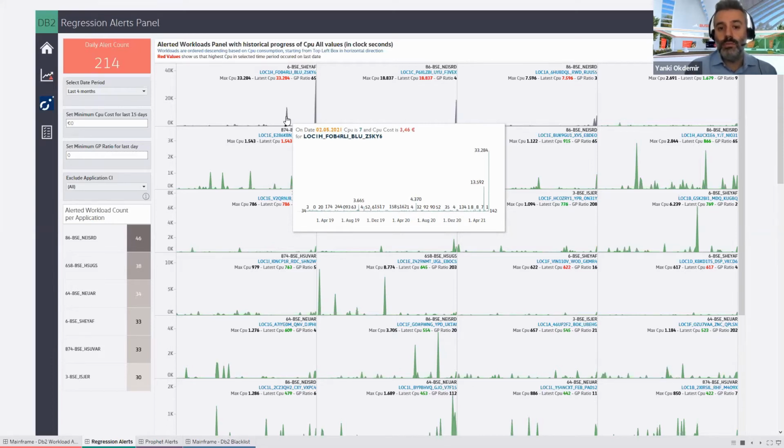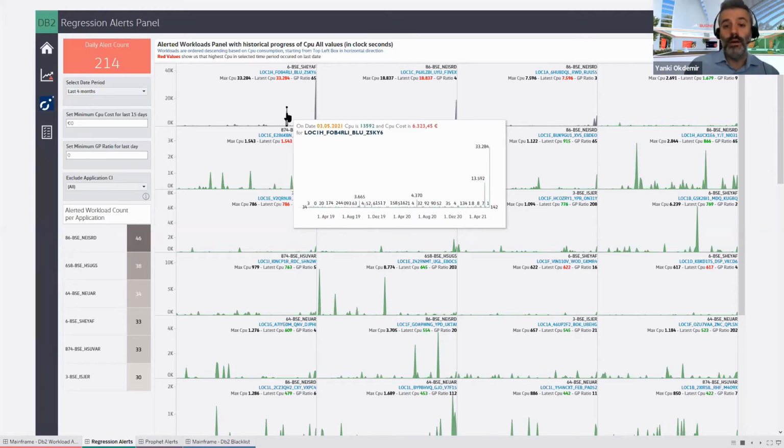As we see for this workload in the history, like 2 years starting from January 2019, in the last couple of months, we have received a huge jump. That's why the algorithm alerted that workload